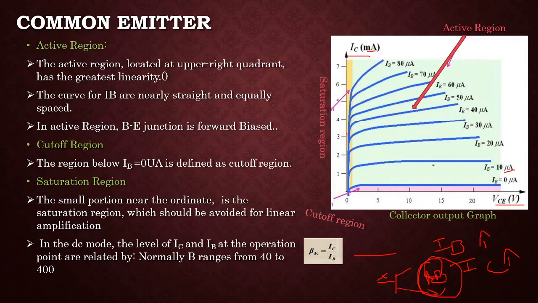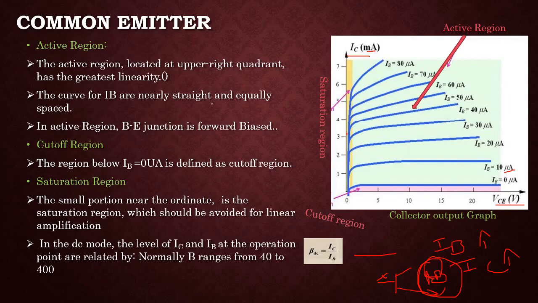And in this area, the curves have been plotted in the blue color. JE is forward biased and JC is reverse biased. The plots here go for the active region. So in the output characteristics, there are three regions: active region, cutoff region, and saturation region. The current below IB will be called the cutoff region, and the current with respect to the curve of the blue color line, after this portion, will be called the saturation region. And totally this blue color line indicated will be called the active region.